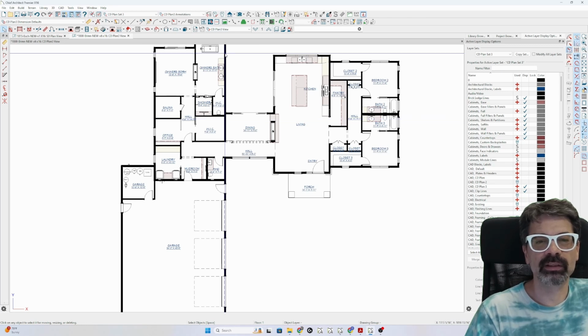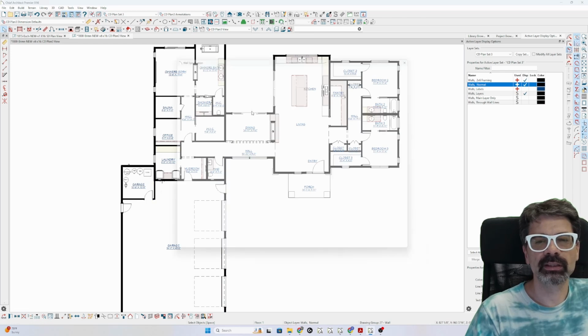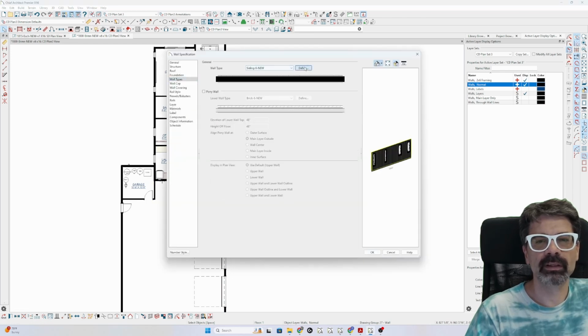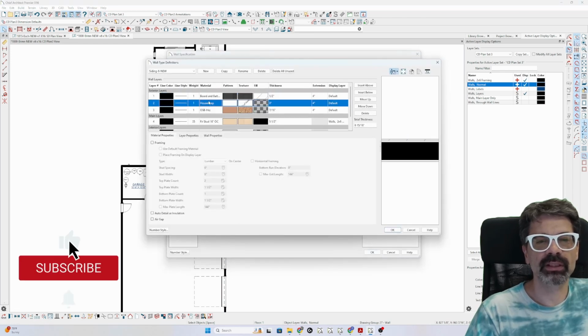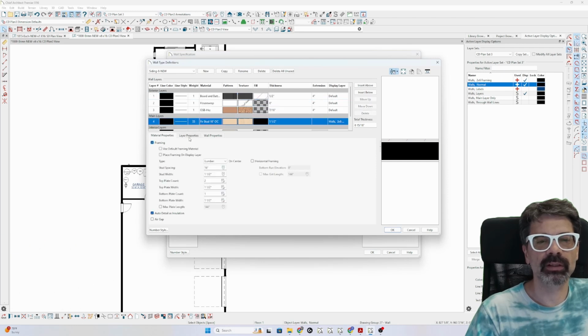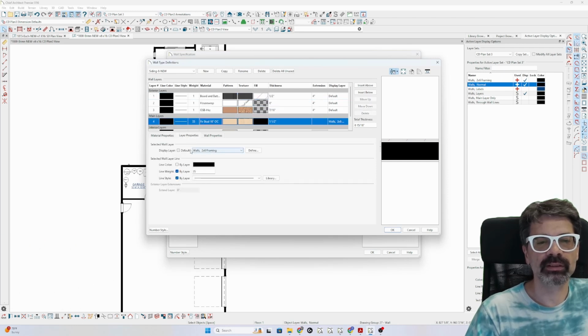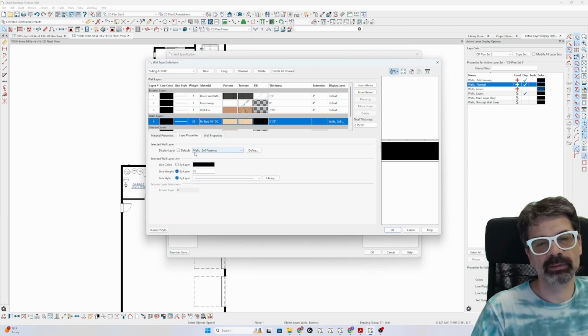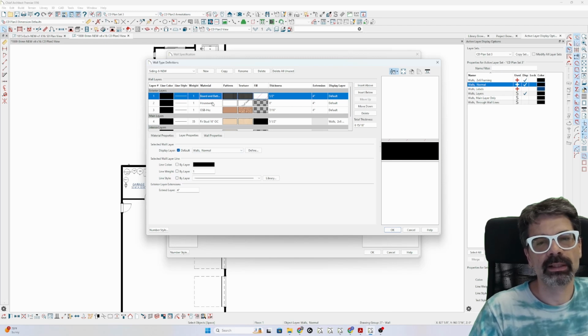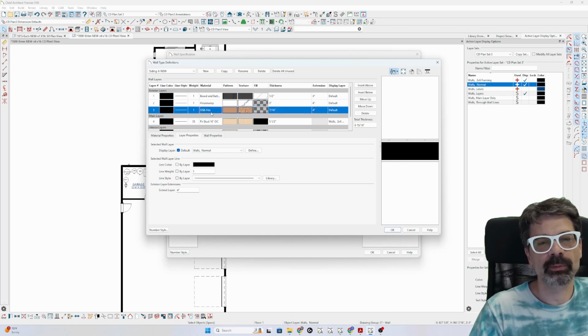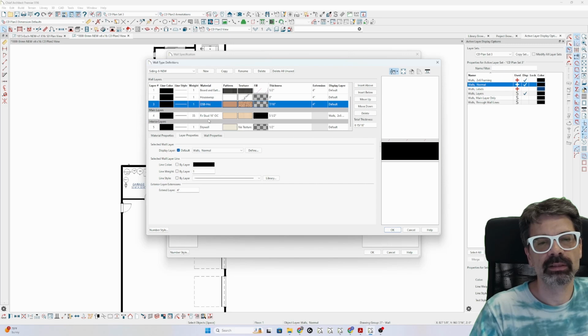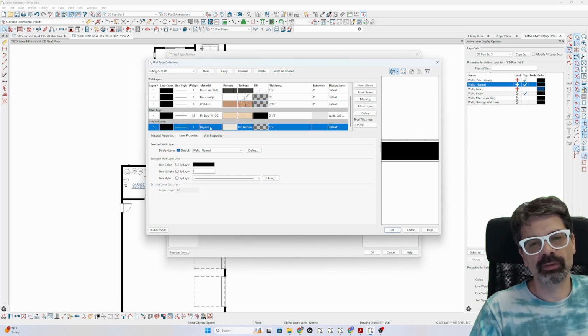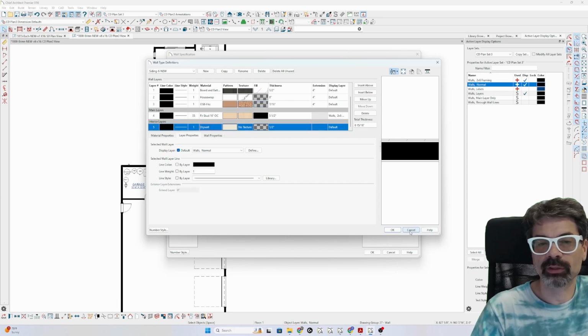New feature in X16 that we can change the wall assemblies themselves. Each of these lines here can be put on its own layer. You would have to come up with your layer naming the way you want to do it. You could do siding, house wrap, OSB, sheathing, all of these could be on their own layer so that when you turn that layer